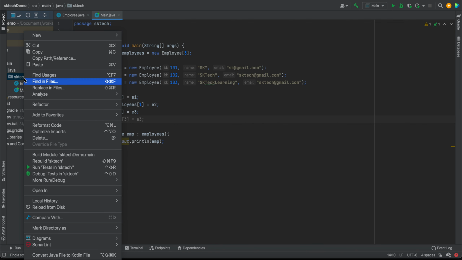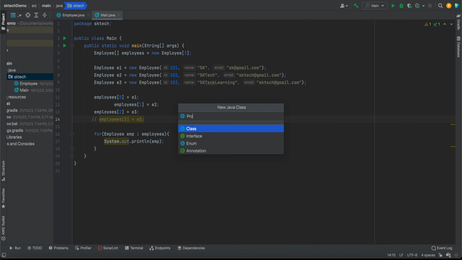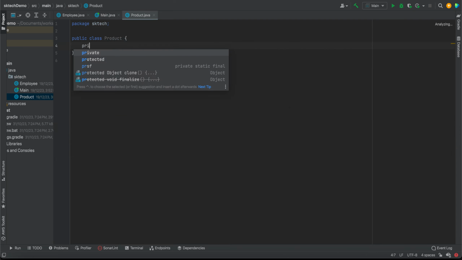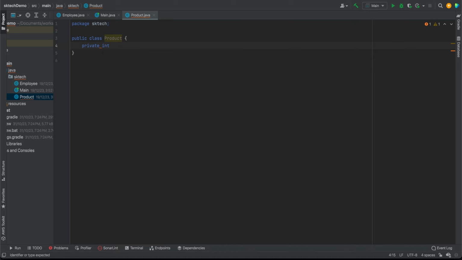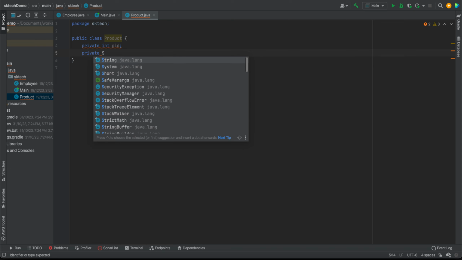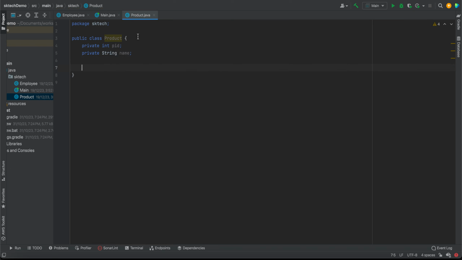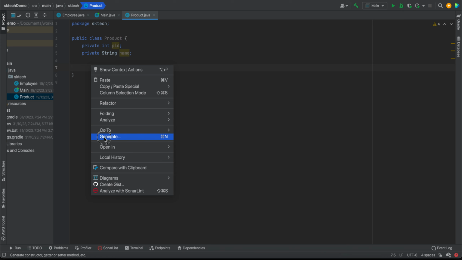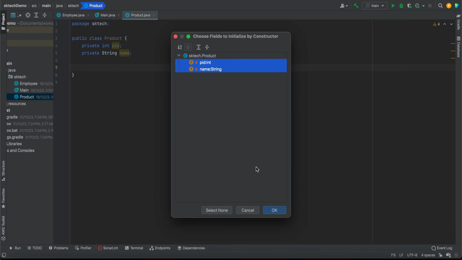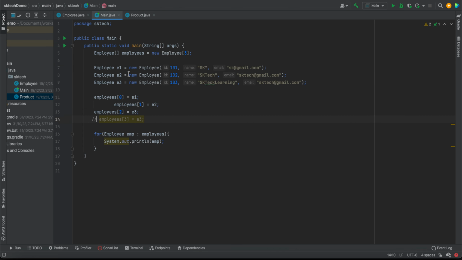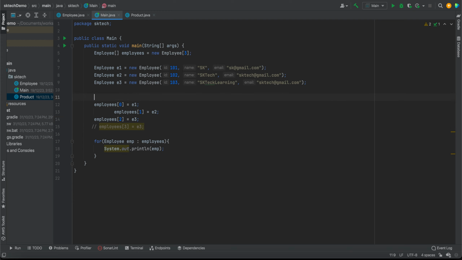So let's say we have another class called Product, and here let's say some variable, PID, and another variable, name, and let's create a simple constructor only for now. Let's select all fields and try to add this product object also inside the array, and see whether it is allowing or not. So let's first create the object of the product.